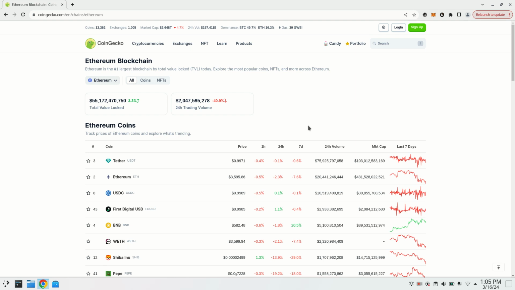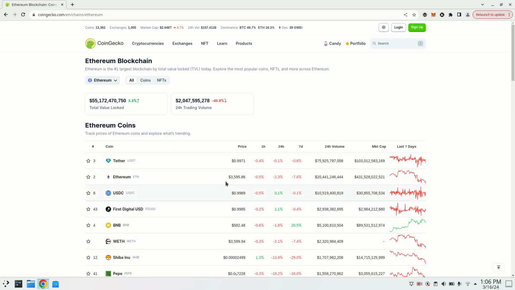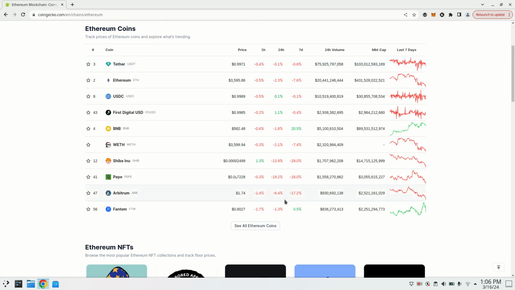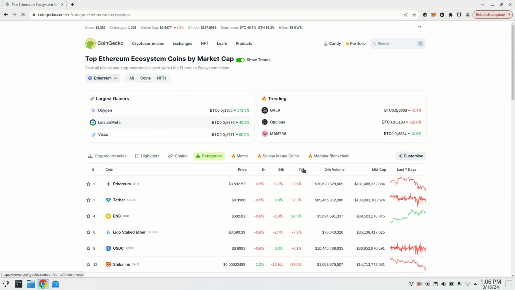Then from the chain we could see the list of tokens here. Actually this is not a coin but a token, and we could click here 7 days, for example, to find out which one makes the most.